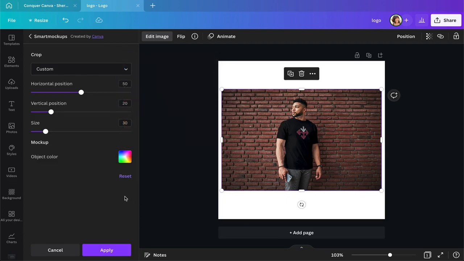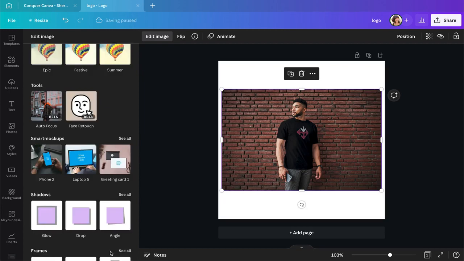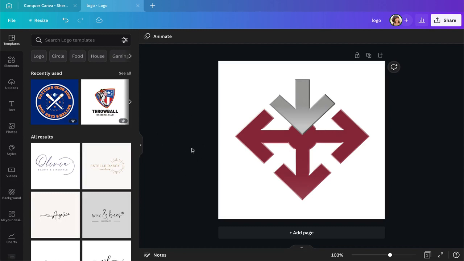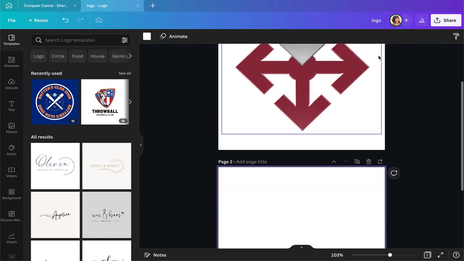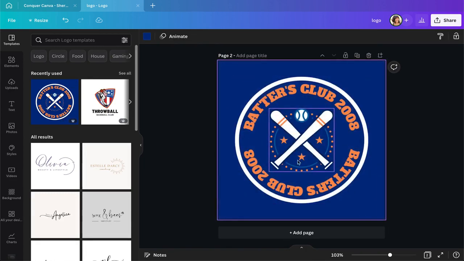And this is what it would look like. And then you just have to click apply, and you have your t-shirt mockup. Now this only works with images. So if you have a design, let's say we created this,